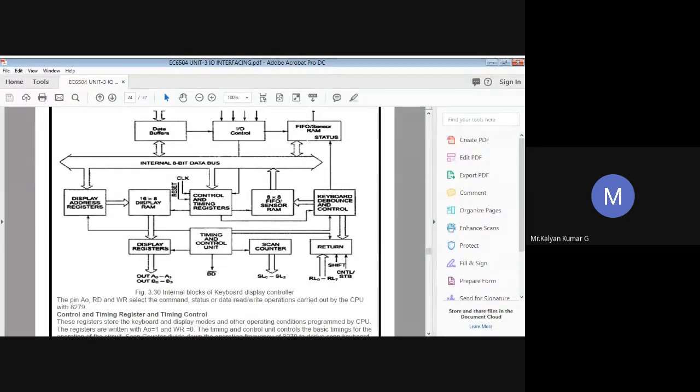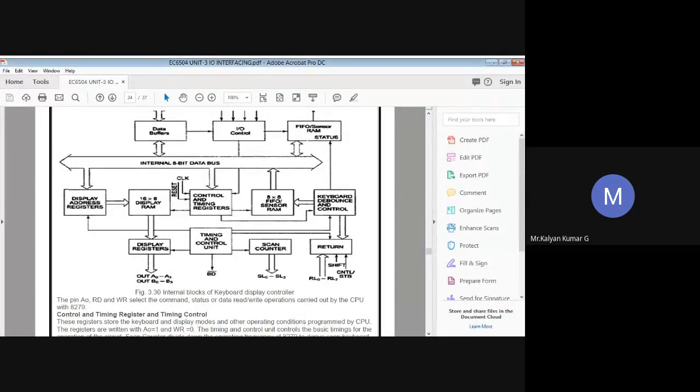Now, with read as 1, a command word is going to be sent from the CPU to the 8279. And in the other case, when A0 is 1, read is 0 and write is 1, it is going to be a status word to the CPU from the 8279. So these are the possible combinations with which you can control various operations.